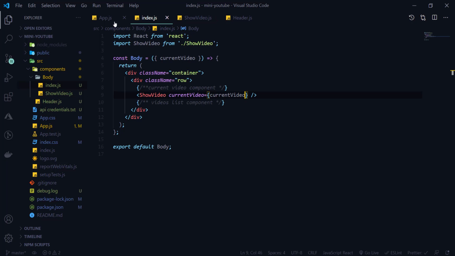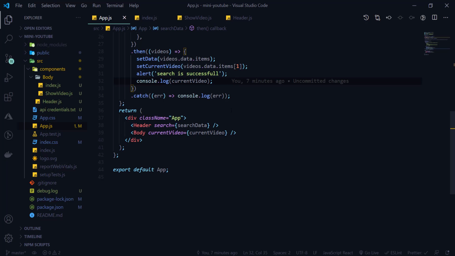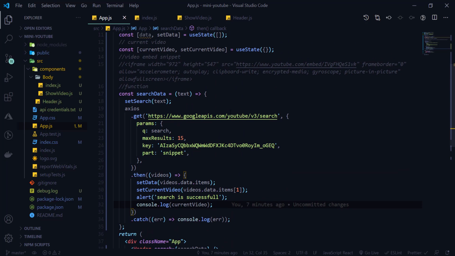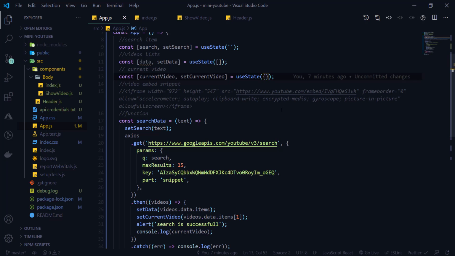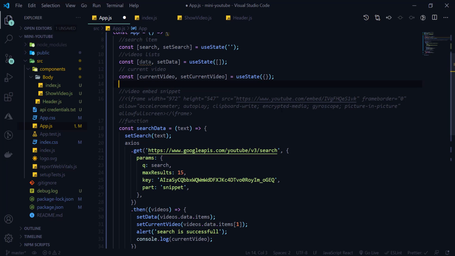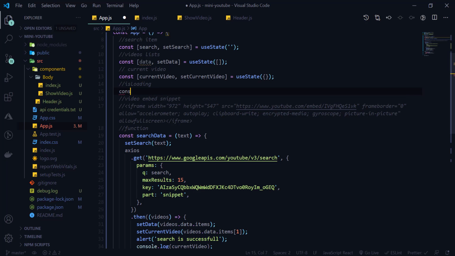Okay, now let's do one thing here. It is not coming here. So under the state that is our current video, till now we have the state here, and we will write video loading. We will create one more state, isLoading, that we are going to use for fetching videos here. So see that here current video is loading,